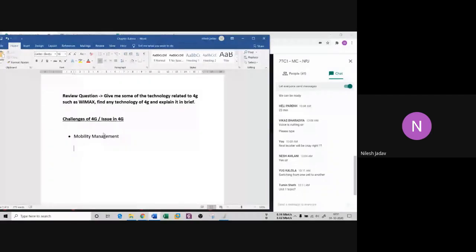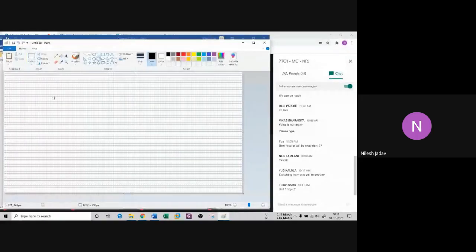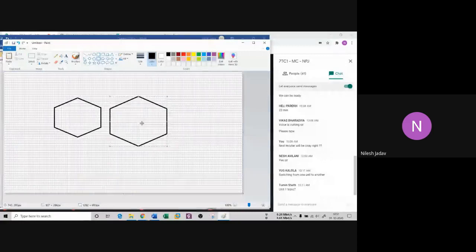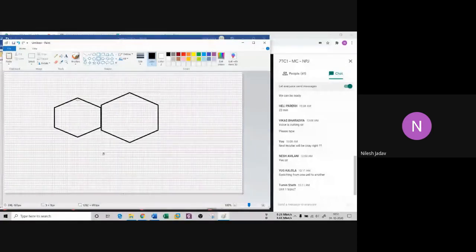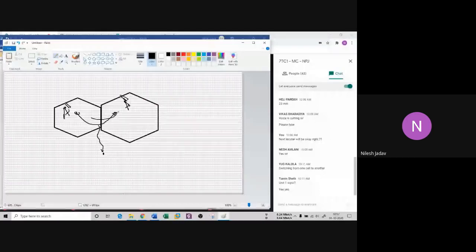It's something like this. If you remember, there are two cells, and maybe this one is Nanamova and this one is Madhapattu. So when you are moving from this location to this location, you are also changing your access points, right? Earlier you are connected to this, now you are connected in Madhapur Chowk to this access point. So this is a handover. Whenever you are changing the access point, it is